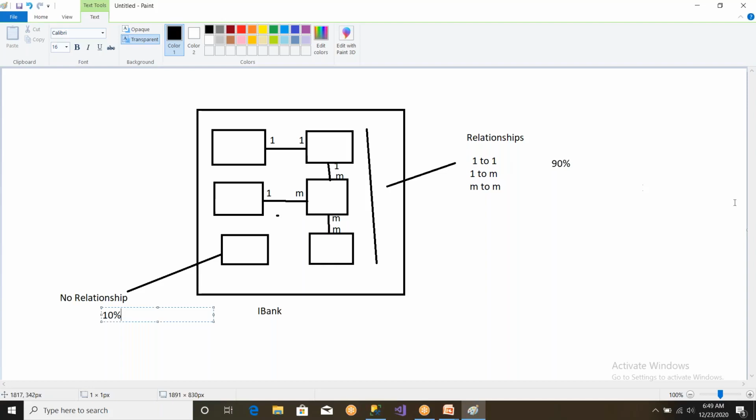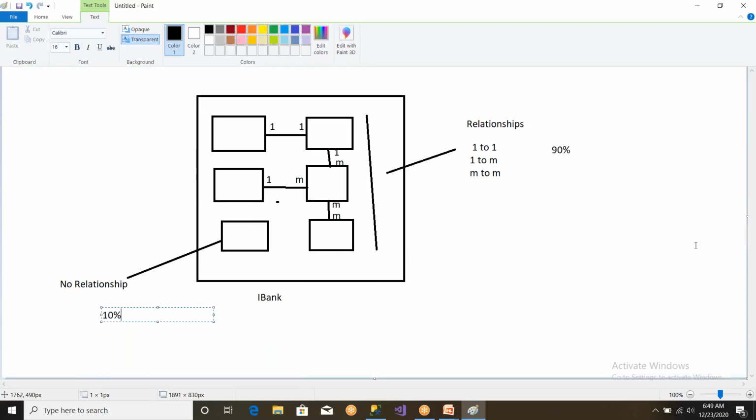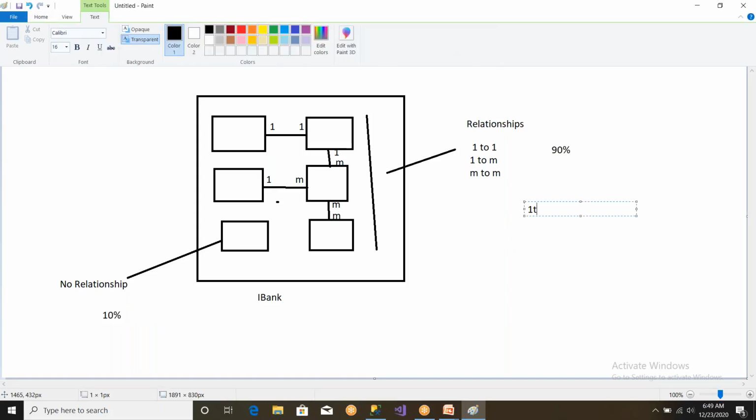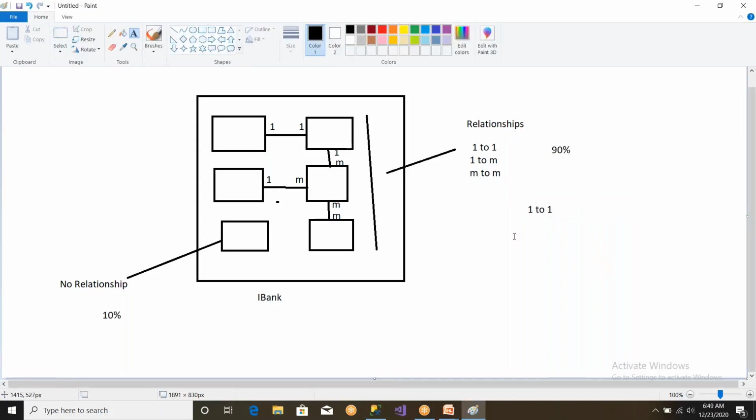Let me take one example and let us discuss one by one. Now, let me take an example of a one-to-one relationship. Can you tell me two tables, any two tables, that are in a one-to-one relationship? For example,